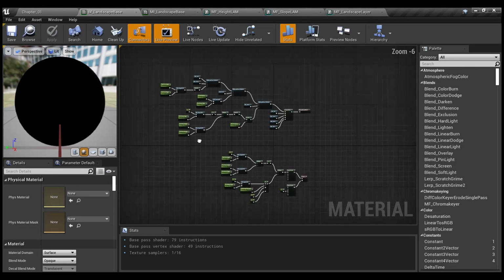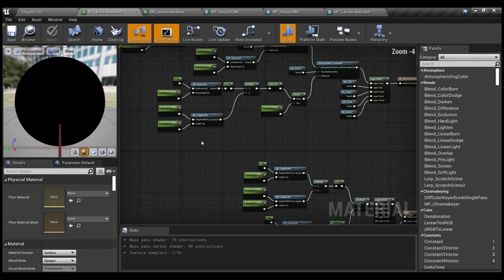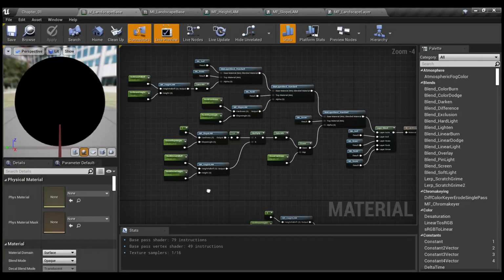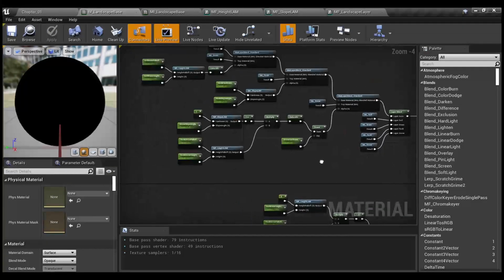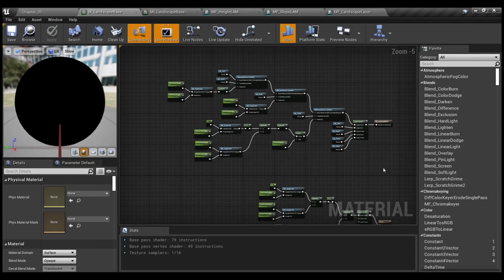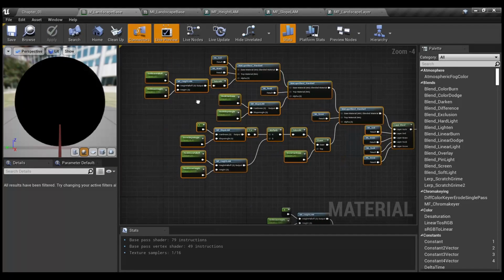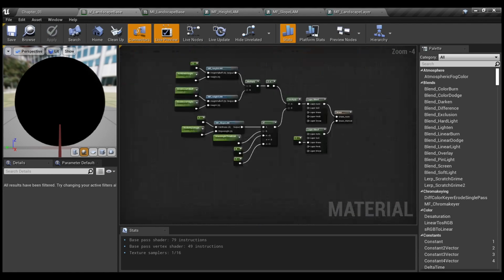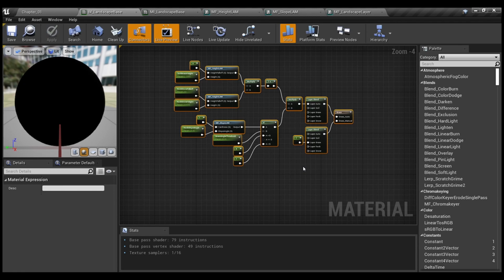Well, first of all, let's take a quick look at how my final material actually looks like. I use material functions a lot because they are quite helpful when I need to reuse some stuff. Also, the readability of your blueprint or material is much better. So as you can see, this part here is for blending layers, or I'd like to say that my layers are actually some sort of material functions that store material attributes, and this one is for processing the grass for